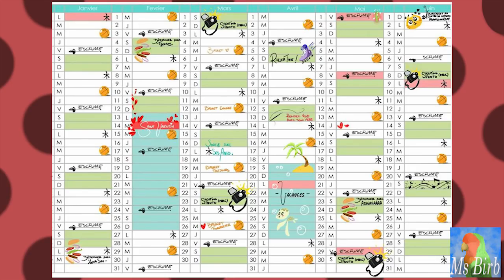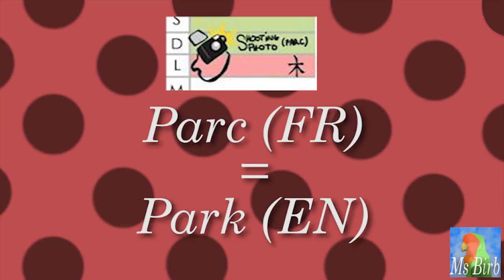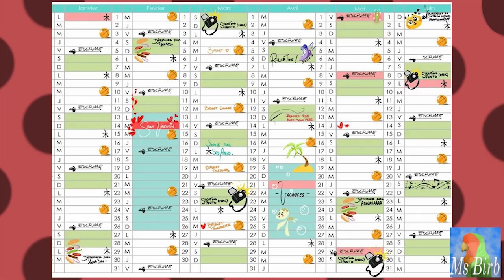Which brings me to the one I've been avoiding talking about that's really obvious on the calendar, the photo shoots. This calendar shows us how often Adrien has a scheduled photo shoot. Now, mind you, in parentheses, it's actually marked "parc," which is park in French, next to all of the photo shoots. Which kind of suggests that the photo shoot always takes place in the park. But all of them are marked this way.